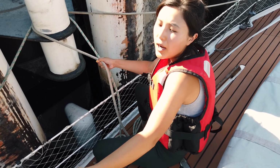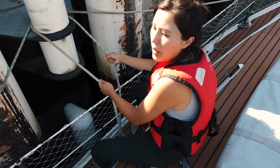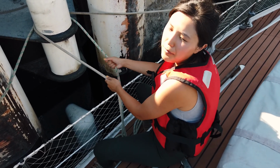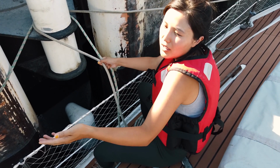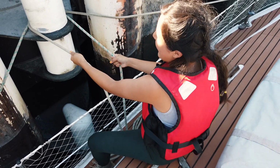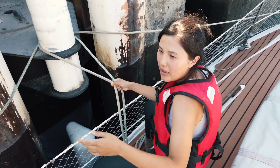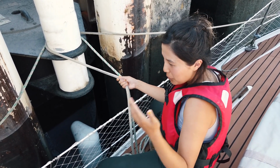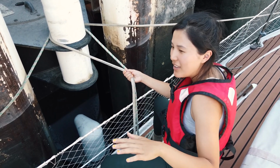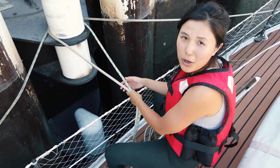For example, if your aft is going out a little bit, then just tighten it a little bit, but don't pull it all the way in because there is momentum. And once you pull this in, you want to keep this tight, keep the front tight too. Then your boat will be in line, and once you've got this perfect balance, then you can just chill. Like you don't even need to put any force on the